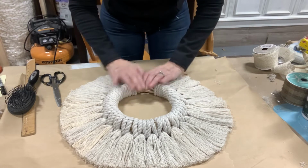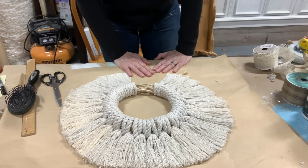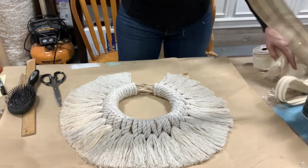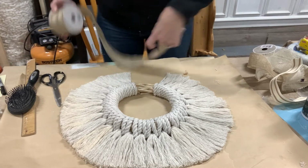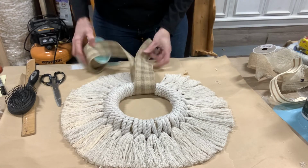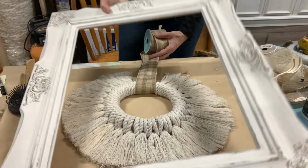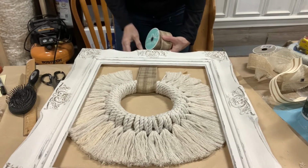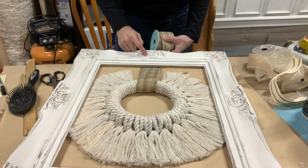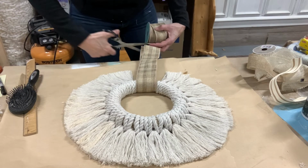Now, what I do want to do is come up with my ribbons. So I am thinking that I want to layer this out, in which case I'm looking at taking maybe a big ribbon like this, and I'm going to be taking these up, this is my frame. I'm going to be taking these up and nailing them into the back of the frame. All right, so this would be long enough,